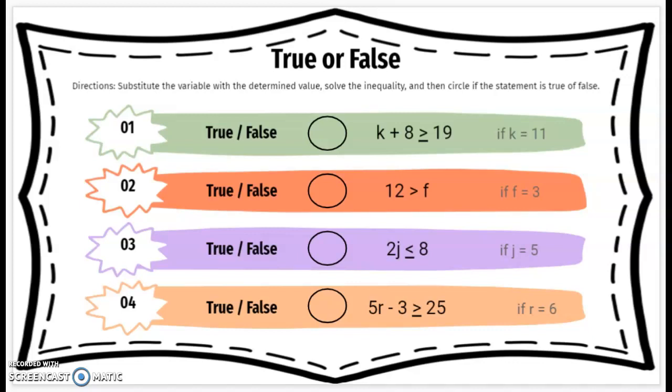Okay, this slide is called true or false. We're going to substitute the variable, or the letter, with the determined value that's off here to the side, and then we're going to solve the inequality and circle if it's true or false. A lot of this, I didn't leave room in here for you to actually write anything down because it's a lot of mental math. So for instance, if my k equals 11, so I'll put an 11 here,